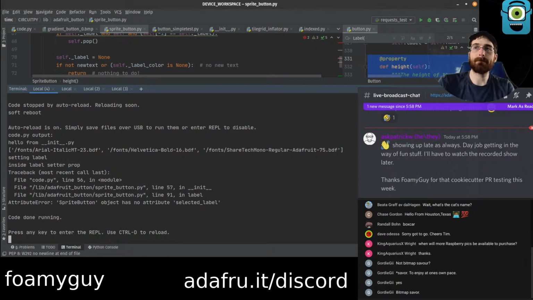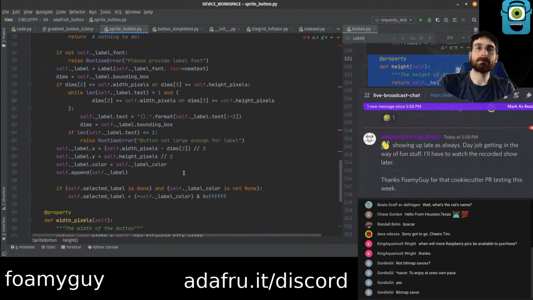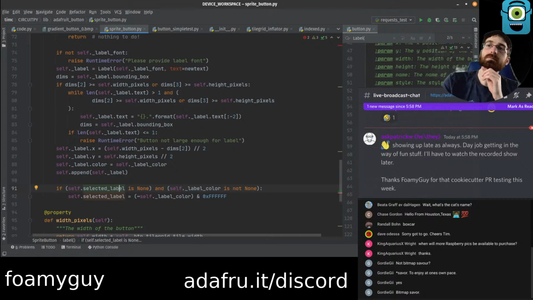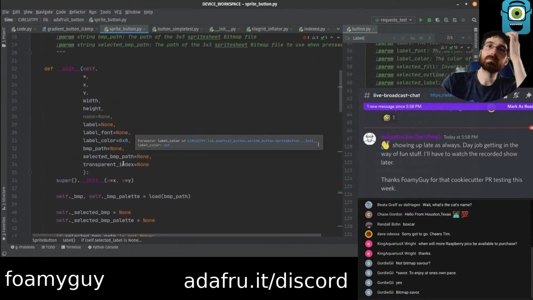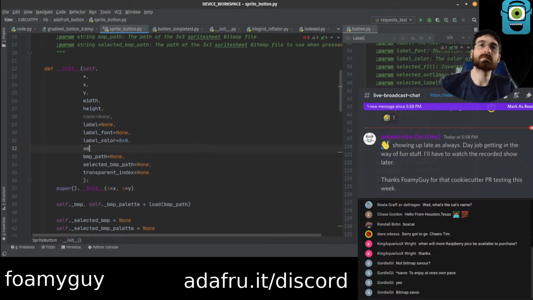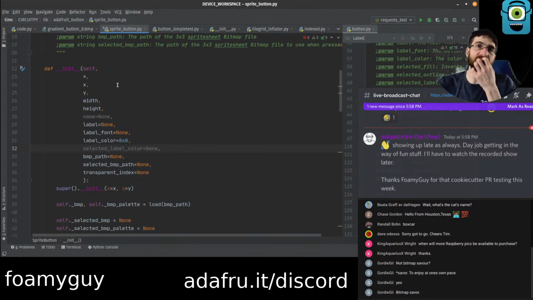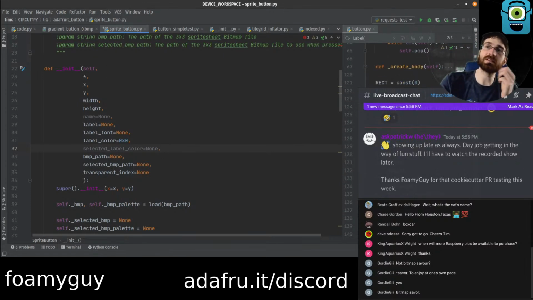Selected label. I think it was a color. Part of me doesn't want to change this to be selected label color, because now it's not going to match, right?